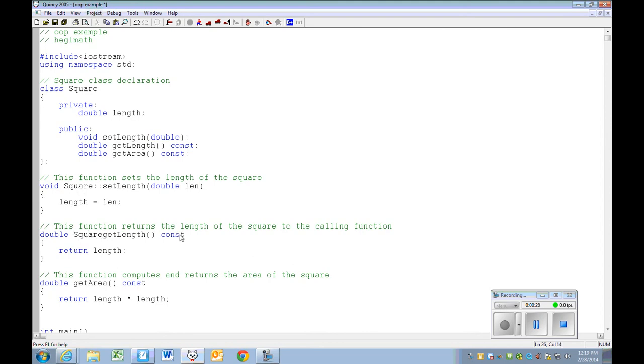My compiler would not see those functions as part of the square class the way I had it set up. They would see those as completely separate functions that could be used only within the main program. So a small fix, added the scope resolution operator, and we should be good to go for the next